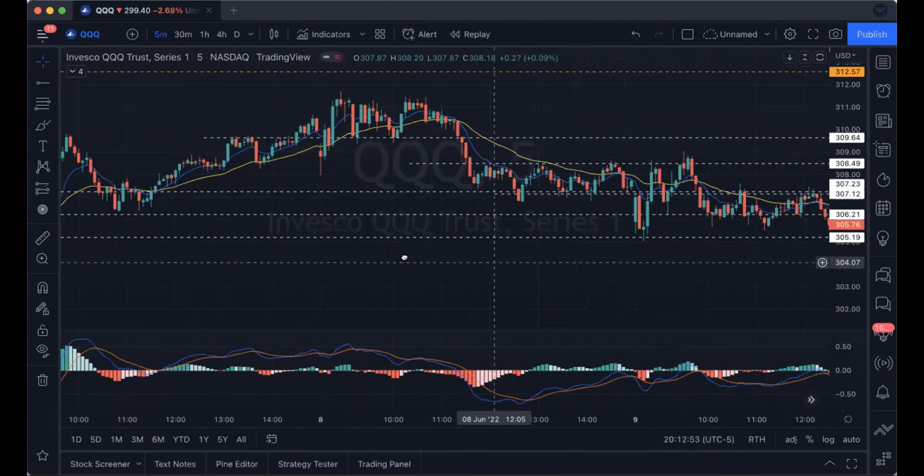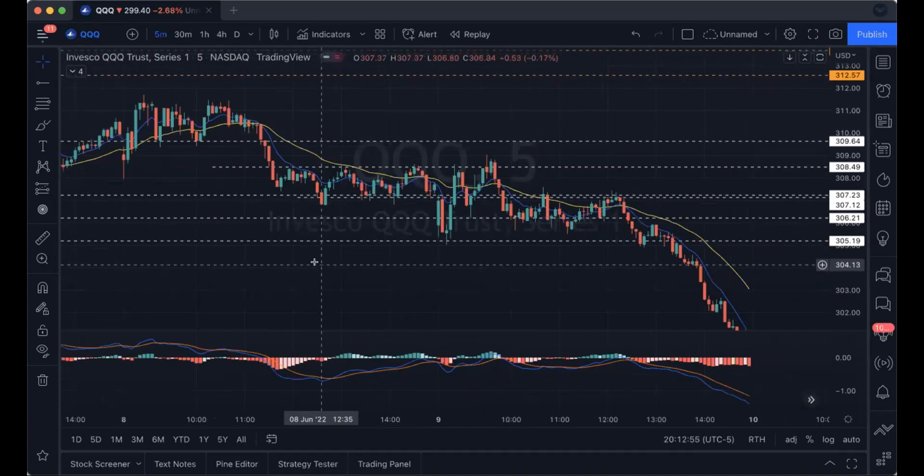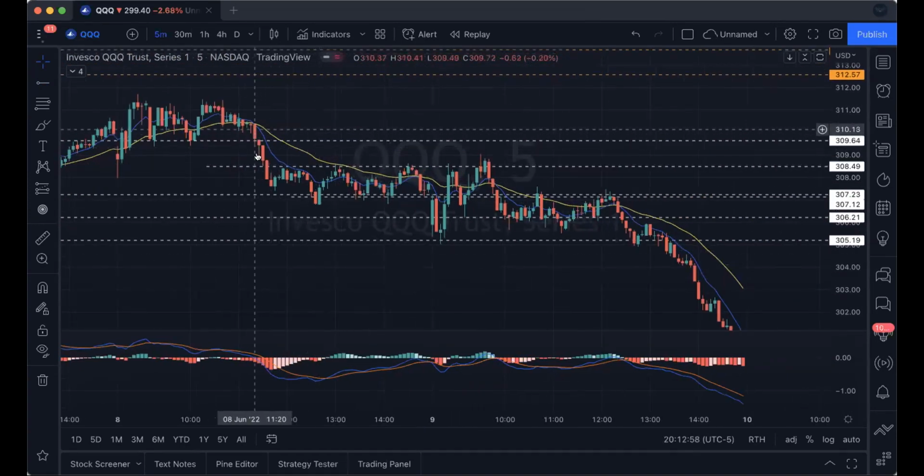Another is multiple tests on a level. So once we fell through, came back up, tested again, so you're failing to get back above the level. Test it again. So this becomes a level that you're strengthening, a level that you're really struggling to get over. But the good thing is this becomes a strong resistance level. So once this forms into support, you're likely to get a nice upward